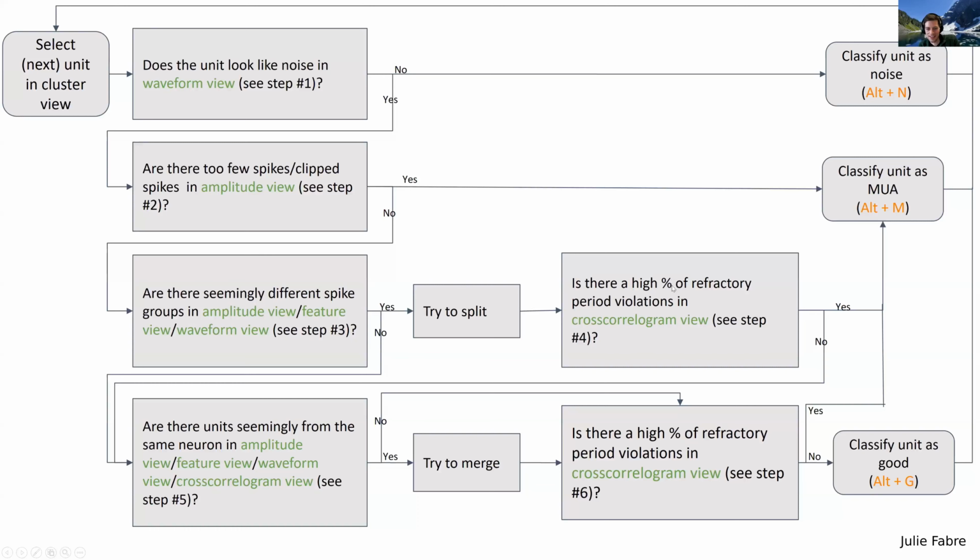So is there a high percentage of refractory period violations in the Correlogram view? Again, a high percentage of refractory period violations will indicate contamination, the false positive spikes, so that will land you in MUA again. But if not,